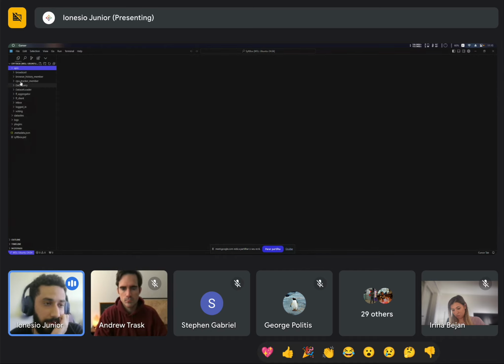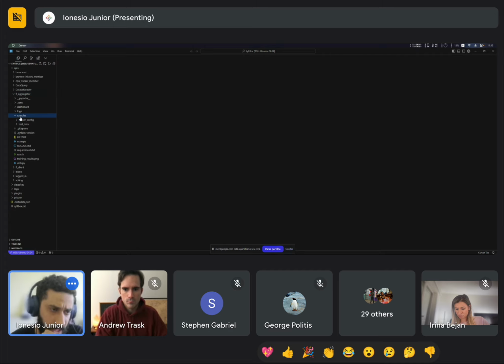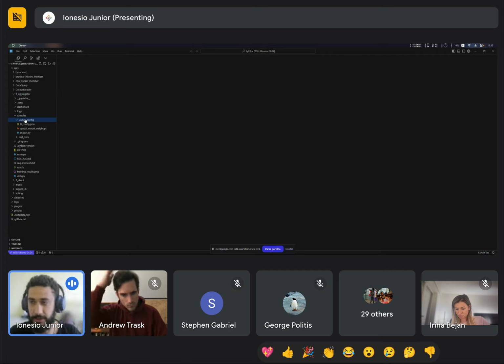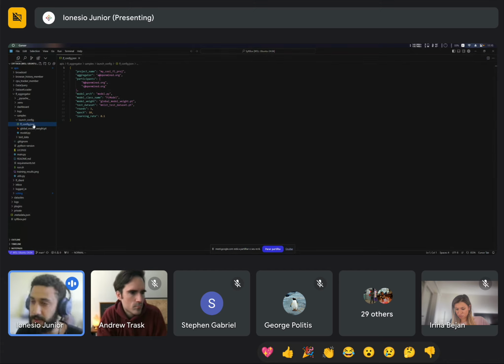If I go into my APIs, I'll see that there's a couple of apps that I'm running right now, and one of them is Federated Learning Aggregator, right? And in this app, I have some samples that I will use during this process because I don't want to set up everything from scratch. And one of the most important ones is this config.json file, right?